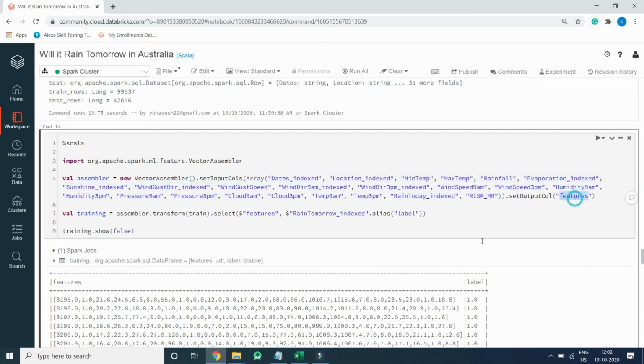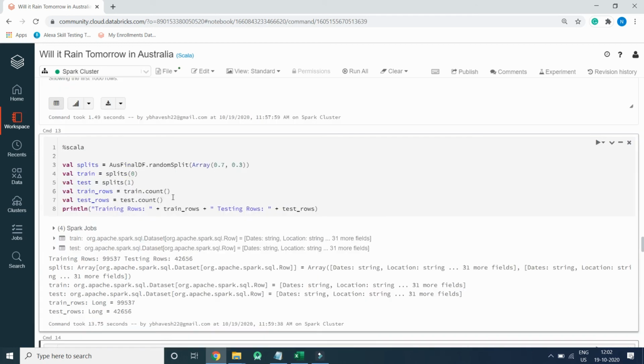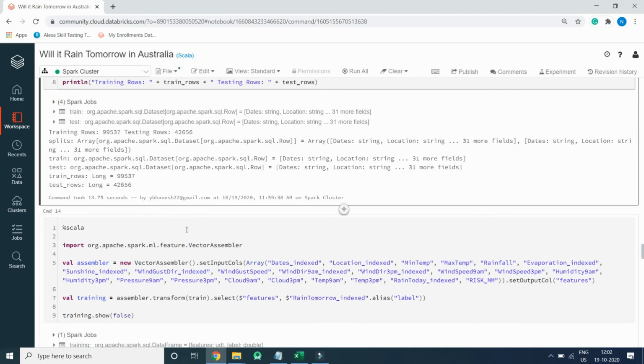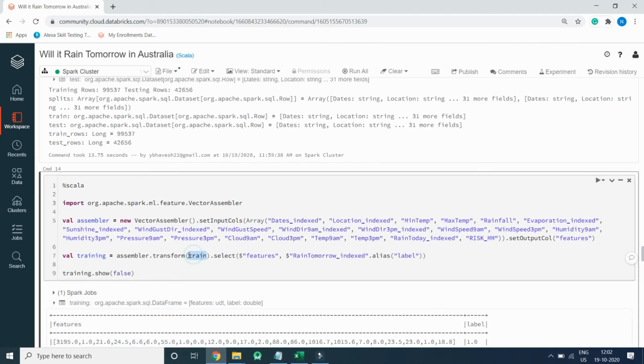So this whole bunch of columns will be created into feature, and we will create a training data frame with assembler.transform train. This is the train. 70% data will be passed into this, and select $feature, which is the collection of these records, this array, and rain tomorrow underscore index will be the label.